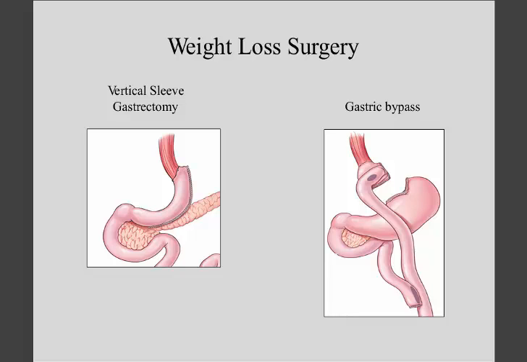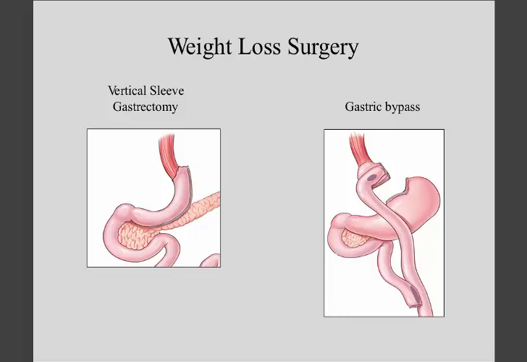If you take the vertical sleeve gastrectomy, a much simpler procedure, 80% of the stomach is removed, and the stomach is formed into this small tube, but the intestine isn't operated on at all. The pylorus is intact, and the flow of nutrients is the natural way. It's just that by removing the stomach,